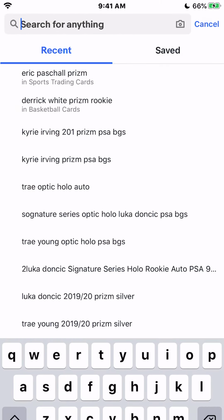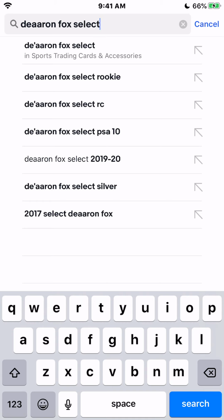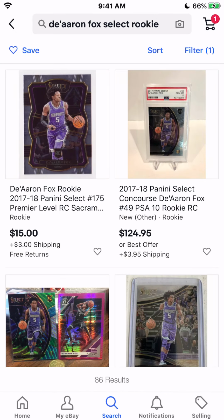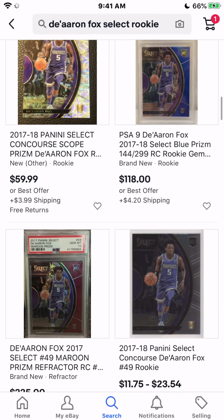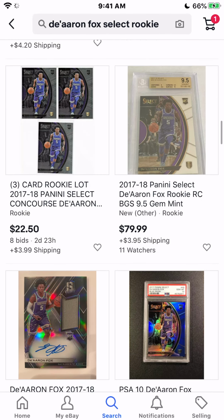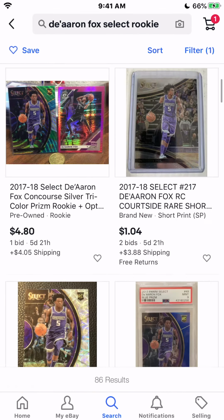But without further ado, our next one, I have a De'Aaron Fox Select that I think I got for a steal. I think a lot of people could really benefit from this. I think De'Aaron Fox is a guy whose prisms have recently skyrocketed to around 200 plus. De'Aaron Fox is a player who doesn't get as much attention as he deserves. He's one of the best young stars in the game right now, and his Select prisms I've been picking up